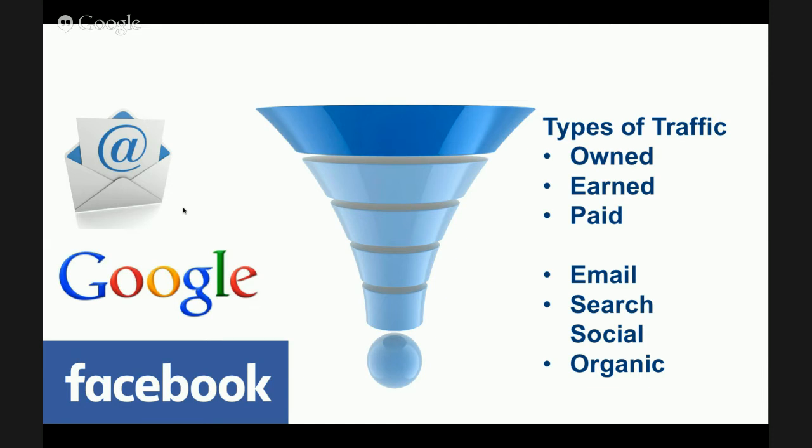Then you've got earned. That's where you might get attention online, such as you post something and lots of people share it, or you've been creating great content on your website for months or years, and you start ranking really well in Google, or perhaps a business partner or a customer sends out an email talking about your business or referring a friend. So they're earned. And then the paid option is you can pay to have people send you out emails.